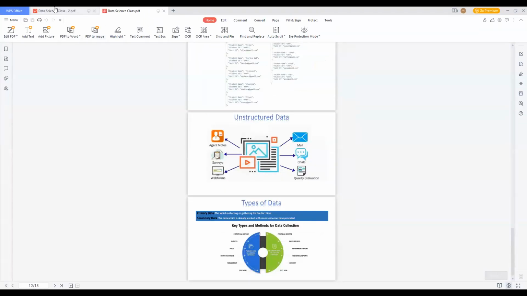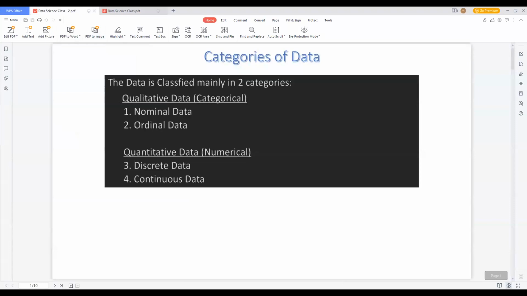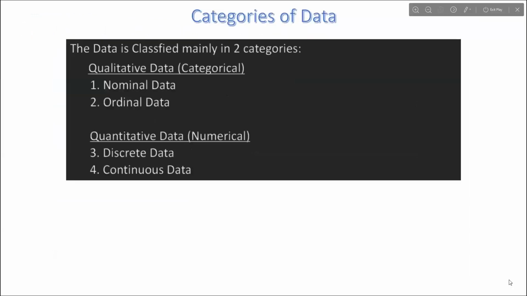Then we will start our base class with categories of data, right? There are two different categories of data which we should know about, because these are the types of data we will work with throughout the course and throughout the job. There are two types of data, which are qualitative and quantitative. Qualitative data is known as categorical, from the name itself: data which is in the format of categories.